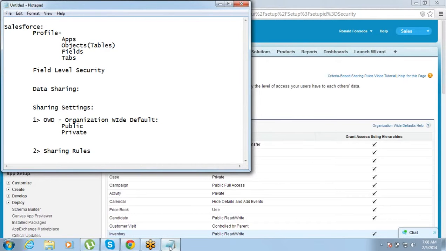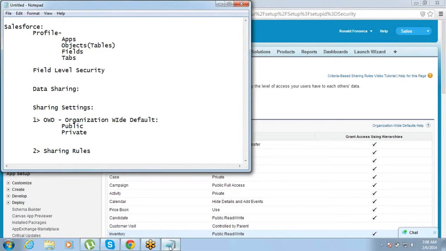You tell me what you understand by field level security. Field level security is just to restrict a field for a particular object, so it is only visible to some, and access permission is not available for others.